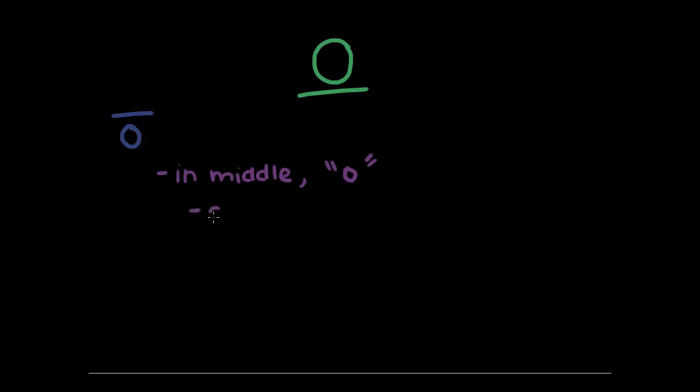So at the end, it could be an OS or OT. And there's a lot of words ending in OT, I would say, rather than OS. But then again, you can never really be sure which one, so it's best to learn both of them. So this is one viable option, just O. Another thing is that at the end of a word, there's a high chance